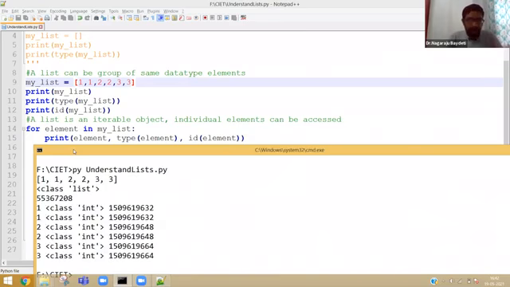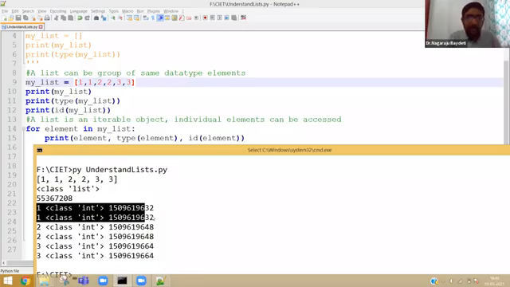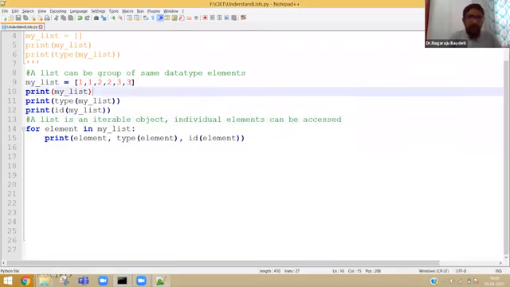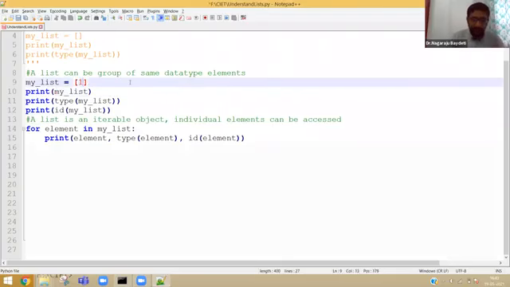Now, clearly you can see both the values, when they are 1 and 1, they share the same location. Why? Because 1 is an interned value here. Okay. Now, let us go and type uninterned values. For example, 989, again 989. We give minus 99 and minus 99. And then let me give 5000 and 5000.